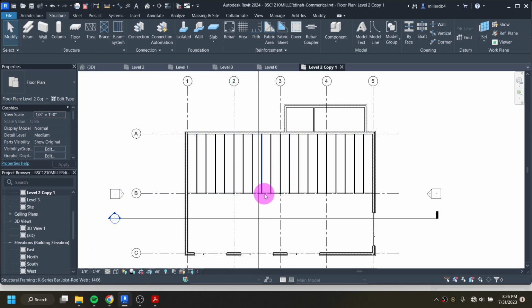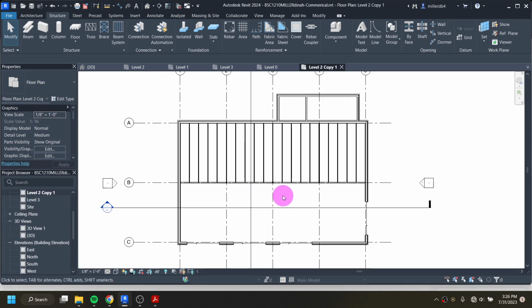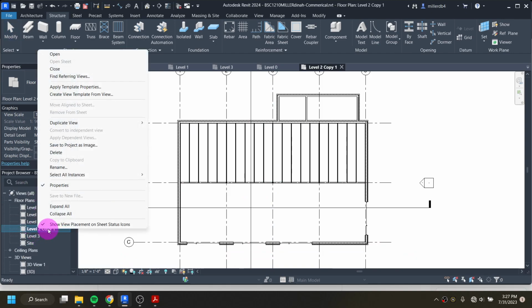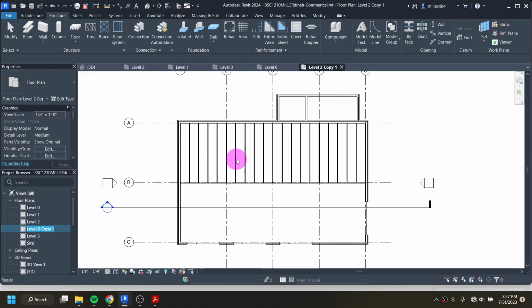Before I finish off this framing plan for level 2, what I'm also going to do is just rename this level here for the floor plan. So I'm going to right click, rename, and I'm just going to call it level 2 framing. So that way it's not just called level 2 copy. I'm going to go into my level 3